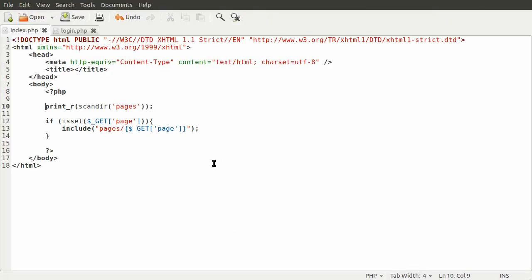So if we go back to our index.php, we can add after the isset another check, so and in_array, which will check if the first parameter is in the second parameter, the first parameter being basically anything, and the second parameter being an array of things of the same format as the first parameter, which hopefully makes sense. So we're going to check if in_array get page, and the array we want to check is the scan_dir. So we can just use this function inline here. So I'll just copy this and paste it there, hit save,